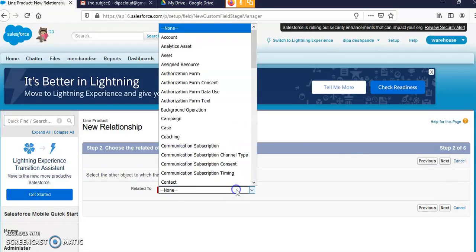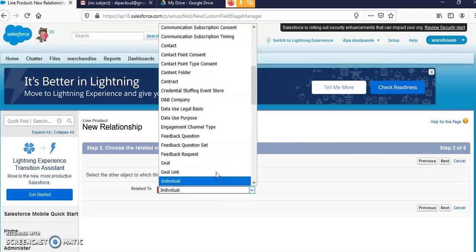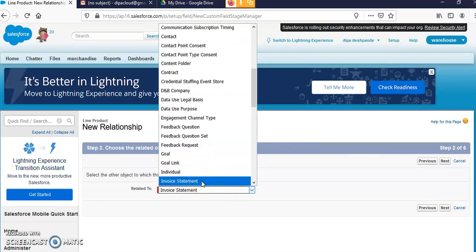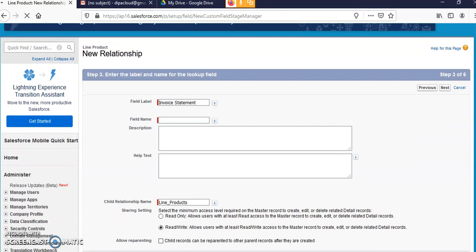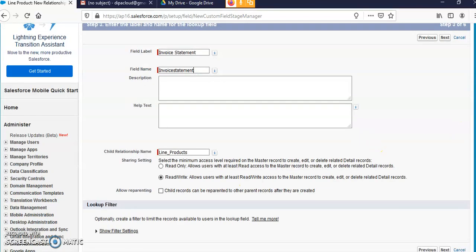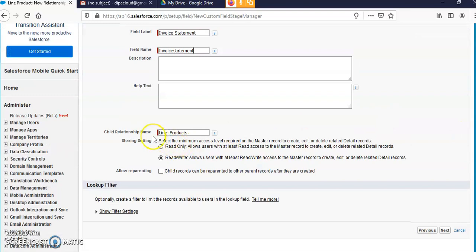Here I am going to relate invoice statement. So you have to select this object we created, next. Here you can write the field name, invoice statement. So that is the child relationship with the line product.